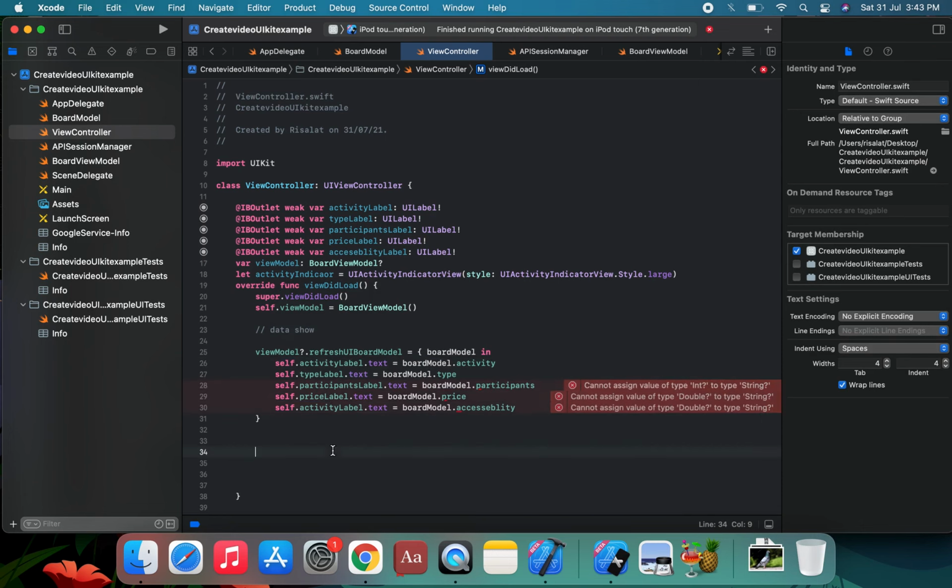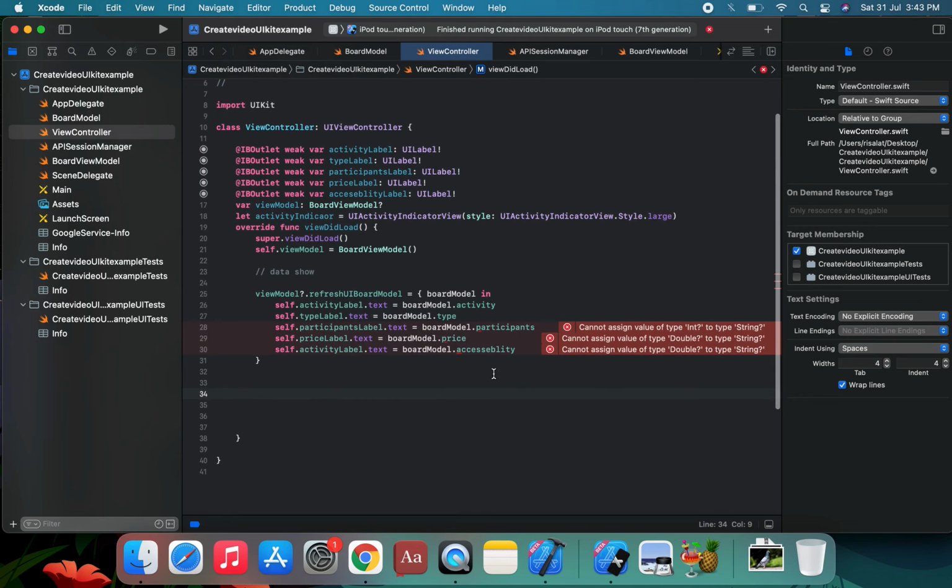Okay, so next, in this value of double, we can force unwrap this value, or we can assign the optional using string interpolation, and the default value is 0. We're going to get the default value 0, but it's not applied on this UI.